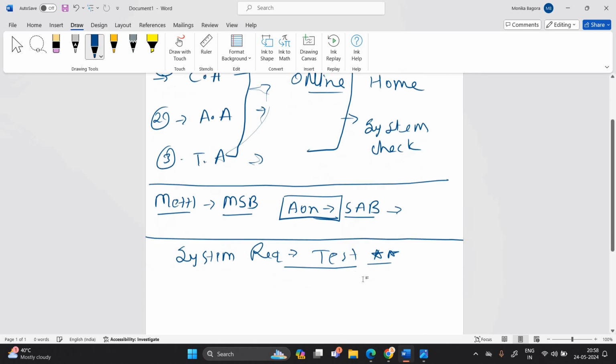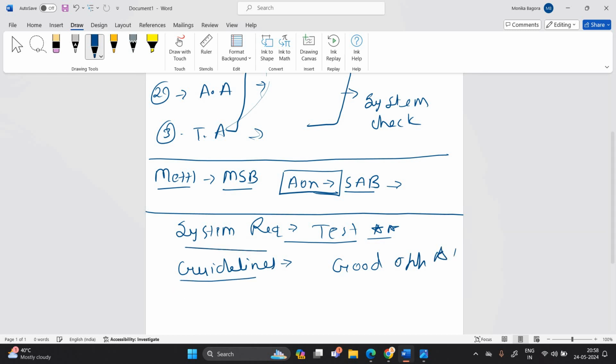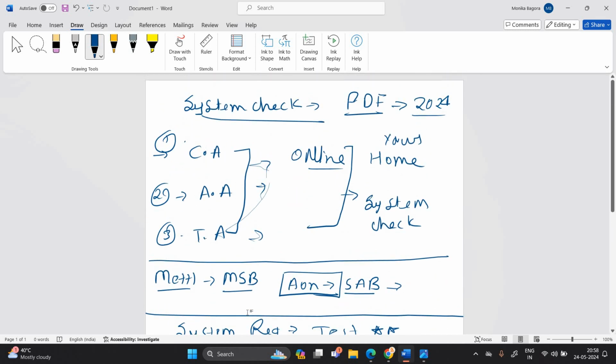That is one of the most important points. They also mention the guidelines. Why I am saying again and again, guys, this is a good opportunity and you do not have to miss this opportunity. Okay, so check the guideline and system requirements that are shared by your college, because the PDF is shared by the Cognizant team with your respective college. Okay, so that is one of the most important points that you have to know about this.